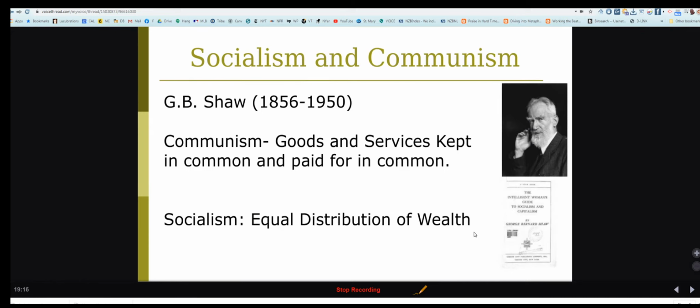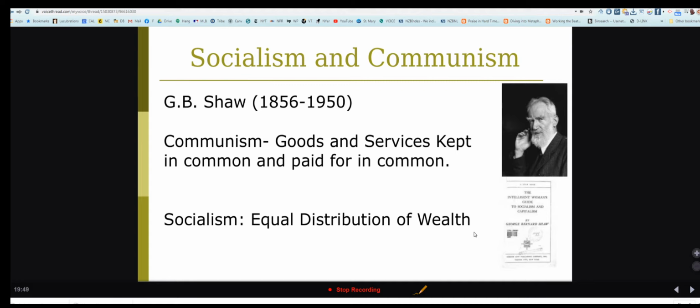So let's look at some meanings of socialism and communism as opposed to capitalism. We're going to look at Marx's arguments for a form of socialism in the next lecture. We're reading an introduction to some very basic economic concepts about communism and socialism by George Bernard Shaw, who, of course, is much better known as a famous writer and playwright. He wrote Pygmalion, on which My Fair Lady was based, along with other